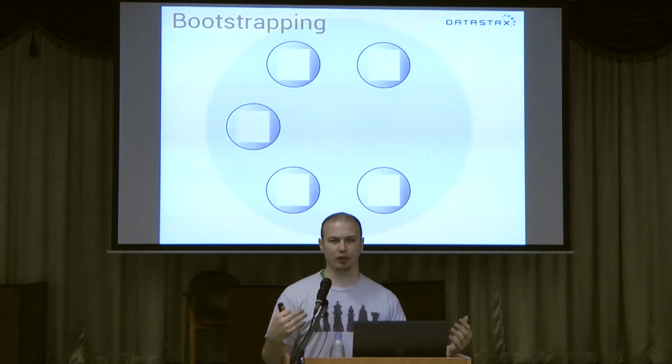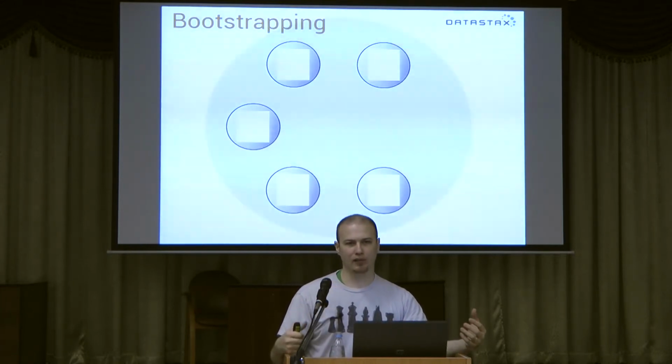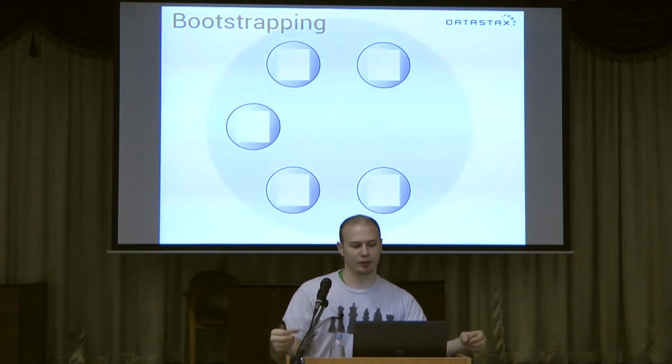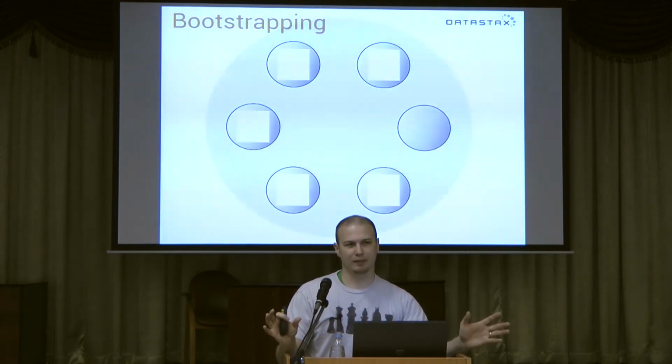Here I have a 5-node Cassandra cluster, and each node in the cluster divides up the data that it's responsible for into regions called virtual nodes, or vNodes for short. I've drawn these with each of them having 100 vNodes, and I'll explain what that has to do with replication later on. But for now, we'll just say that they each have 100 blocks of data, and I add a new node